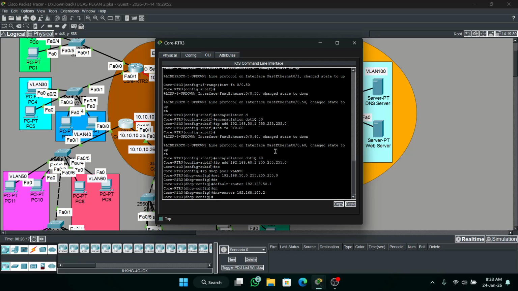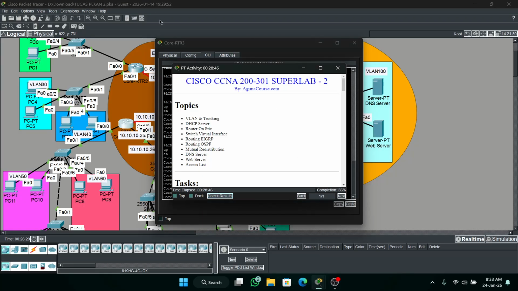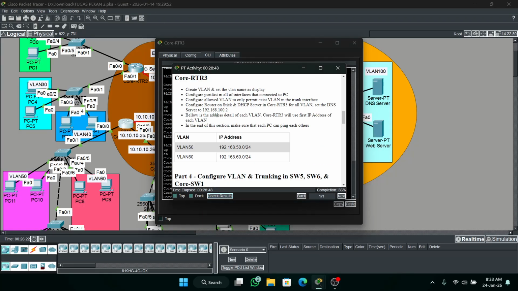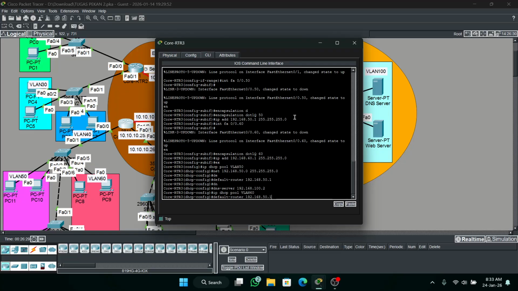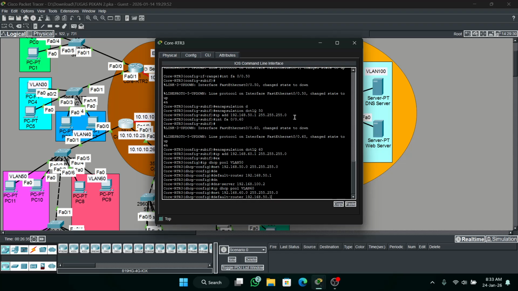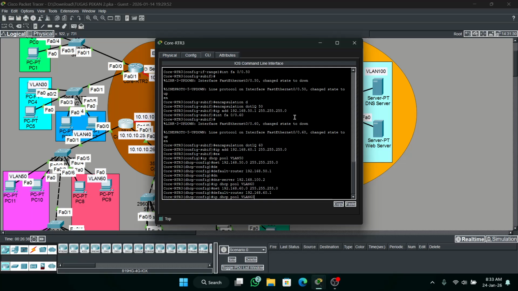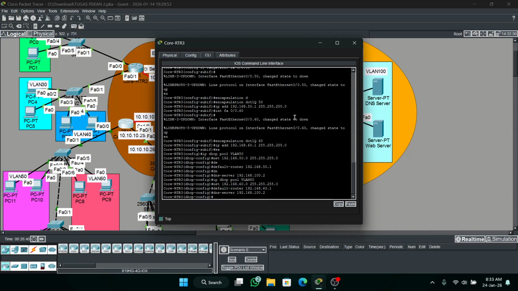Okay, make it again for VLAN 60: default router and DNS server.